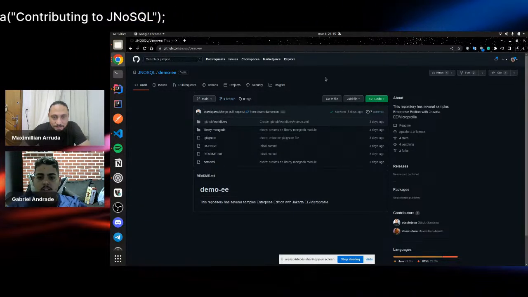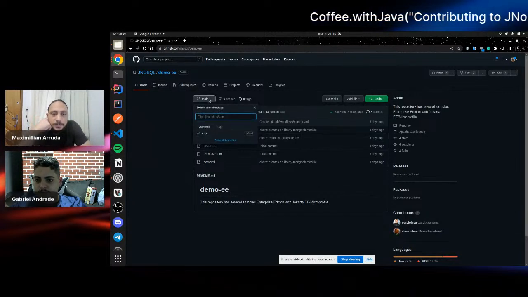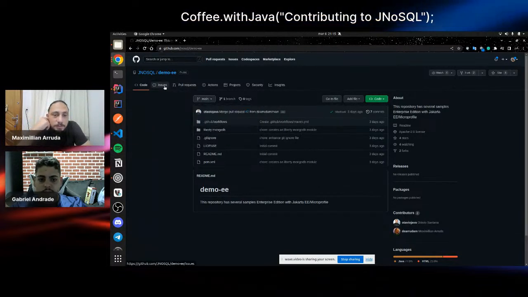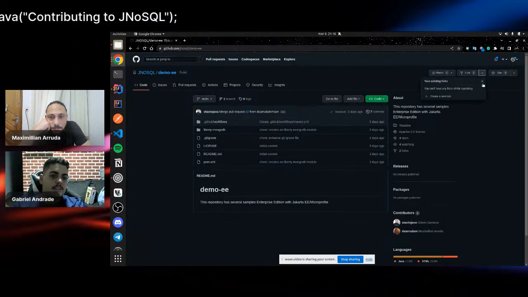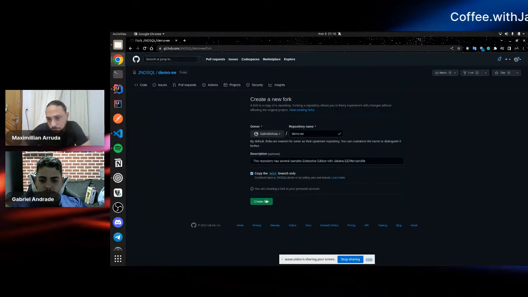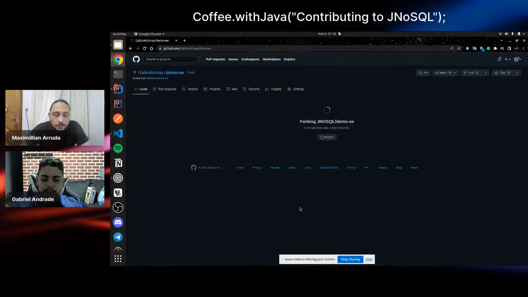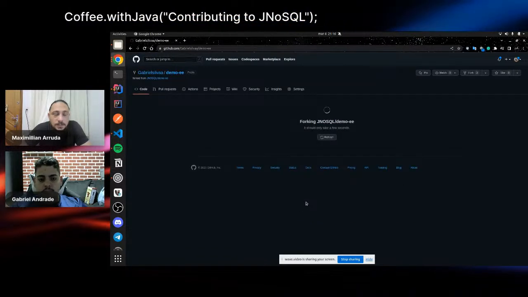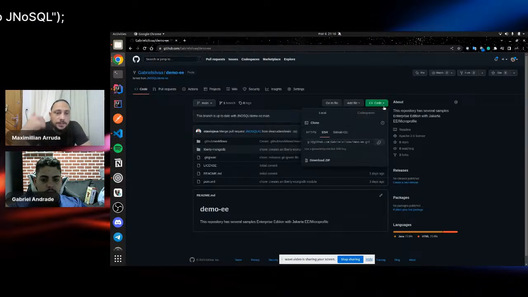Actually, it's better if I create a fork. Fork, create a new fork to my GitHub. Create a fork. And I will clone this repository.